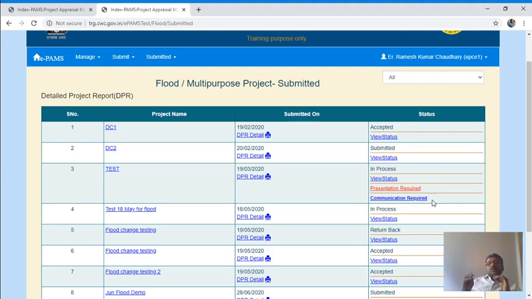If the nodal officer closes the communication, then it will stop being visible here, meaning this option will not be shown once the communication is closed by the nodal officer. If you have attended the presentation, the nodal officer can mark that yes, the presentation has been attended, and both options will disappear. It will not appear every time. Whenever it is required, when there is a query, then it will appear only.